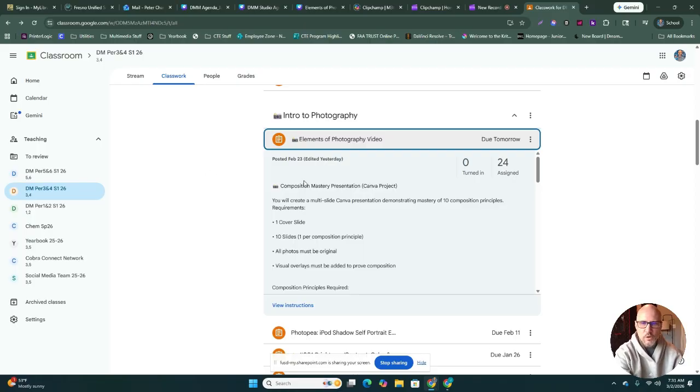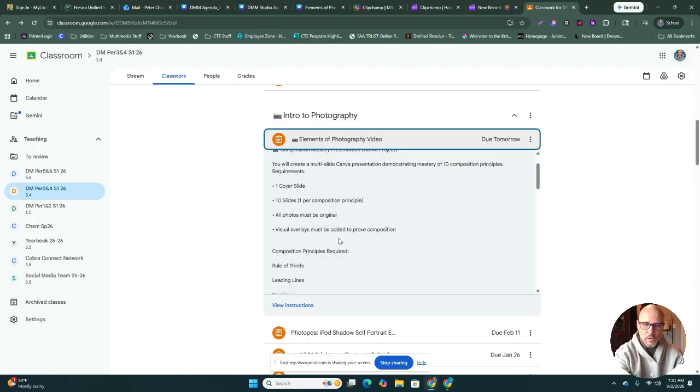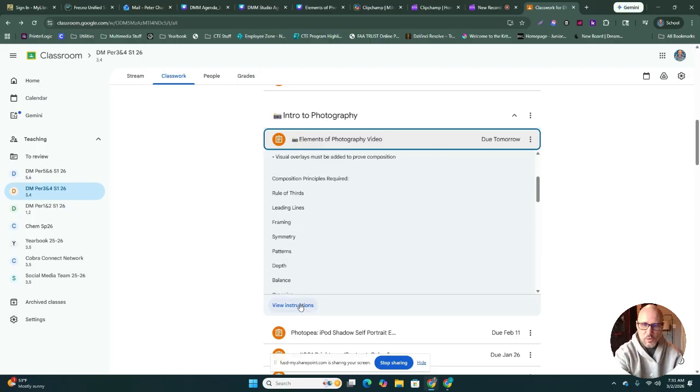all that good stuff. So just to review the project that we've been going over, it has to do with the composition elements of photography. So we have our cover slide, we have the 10 slides for the composition principles. All photos must be original, so you took them at school or they came from your phone. And then visual overlays are added. So the 10 composition principles that we covered: rule of thirds, leading lines, framing, symmetry, patterns, depth, balance, cropping, viewpoint,